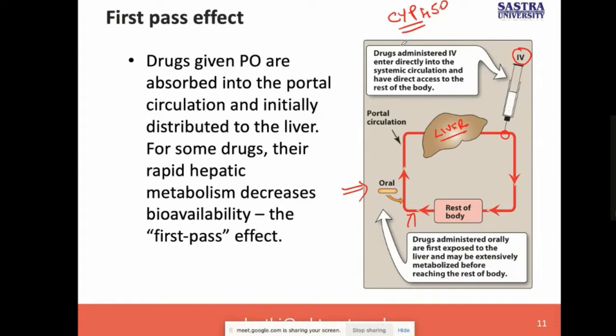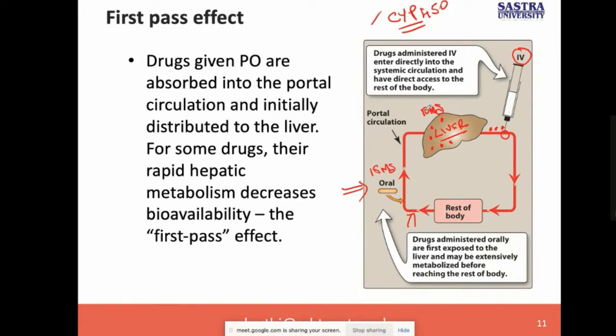Because of the detoxification, say this is the amount of drug molecule which reaches the liver through the portal circulation. Some quantity of the drug molecule will be metabolized with the help of this CYP450 enzyme. The remaining molecules will enter the systemic circulation and reach the other parts of the body. It goes to the heart and is pumped to the other parts of the body. So for example, if 10 mg of the drug molecule reaches the liver, if 50 mg is the dose administered,